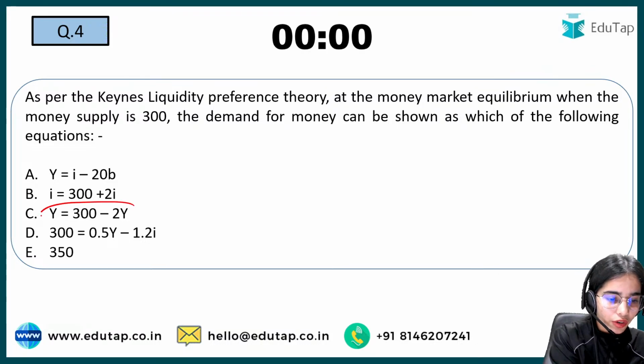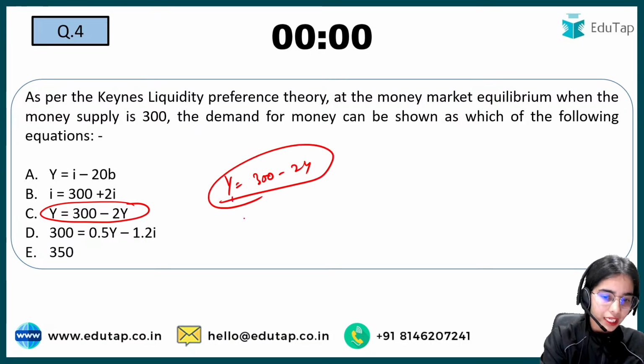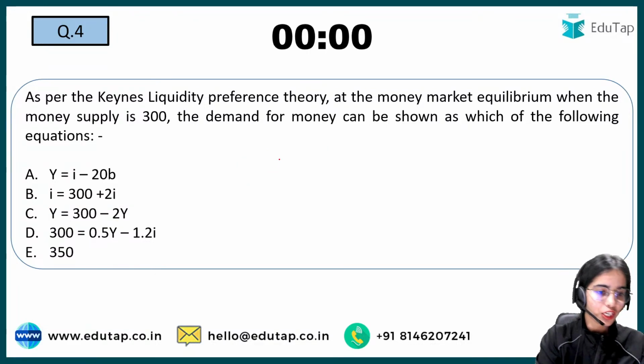What is the meaning of this equation? Y is equal to 300 minus 2y. Is it making any sense? The income is related to income. Is it making any sense? So see,